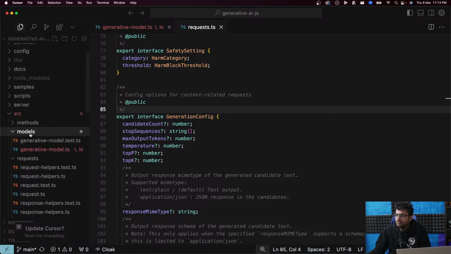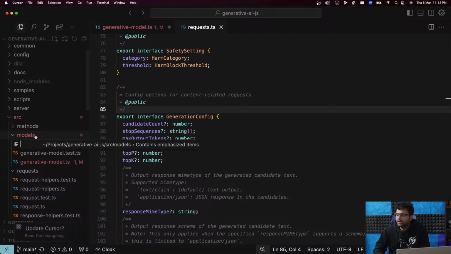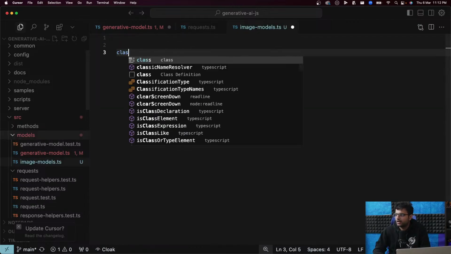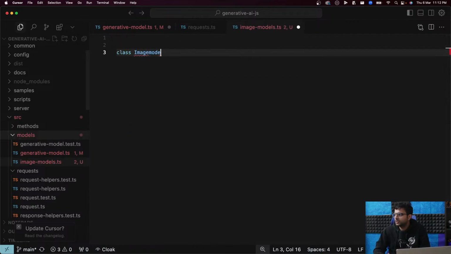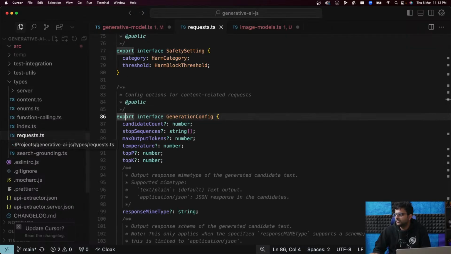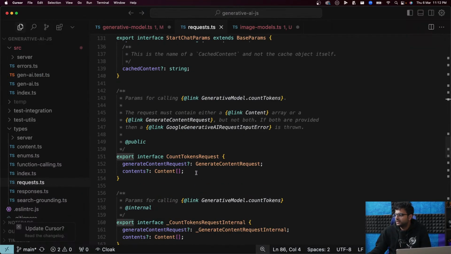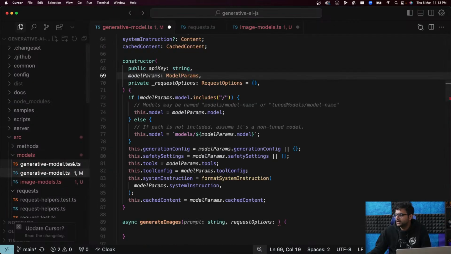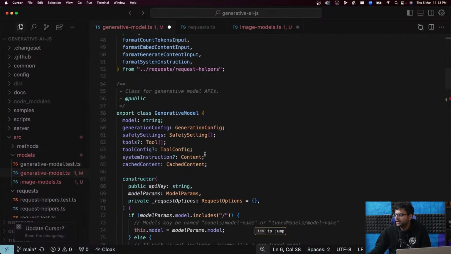All right. Models, let's introduce a new class called ImageModels.ts. And class image model. Does this guy extend something? Does go generative model.ts extend something?